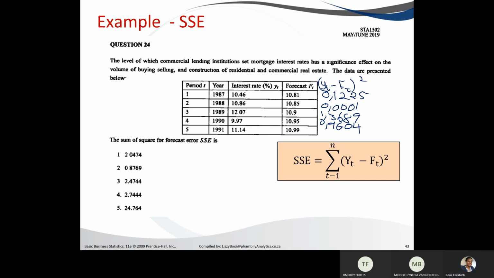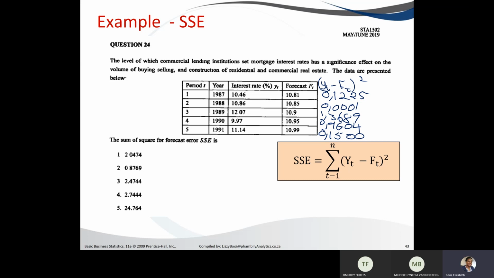Then the last one, 11.14 minus 10.99 equals 0.15. 0.1500. Okay, so since it's the sum, I must add all of them up. I'm going to start from the bottom, go up. 0.15, because I already had it on my calculator. Then I go